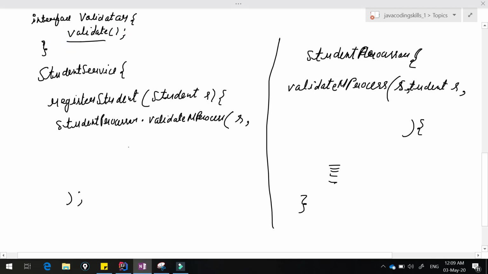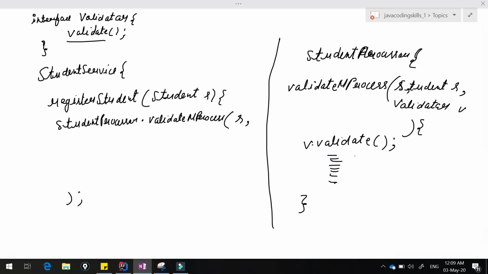Just create one interface there, and my second parameter is this validator v. This is our second parameter, and here we are calling v dot validate. And we write further code like registering the user in the database, any action that is common, which I'm not going to talk about, that is very specific.